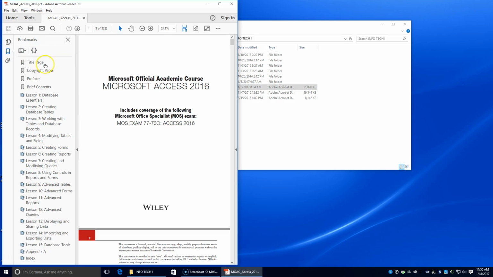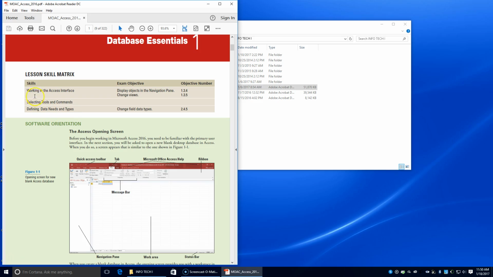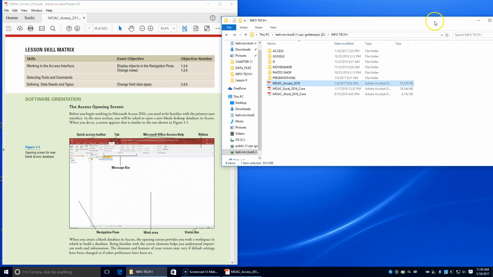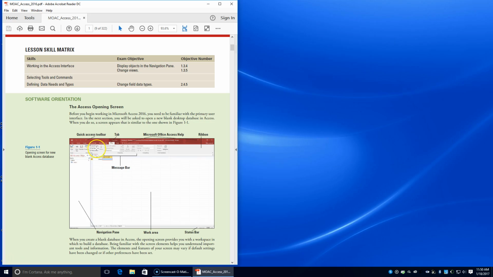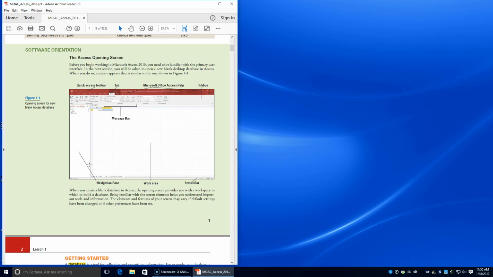So for instance, over here under bookmarks, we're going to be working on lesson 1, so I'm going to click on lesson 1 in my book, and it tells us that we're going to be working in Access interface, selecting tools and commands, and defining data needs and types. So this is all about the essentials in Access, and for now I'm going to close out of that folder. I want to have this area open so when I get started here I can begin working in my Access